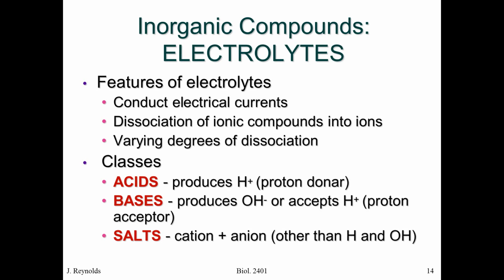Some electrolytes will dissociate very strongly, some very weakly. I'll show you examples coming up. 3 classes: acids, bases, salts. Very quickly, a salt is a combination of a cation and an anion, like Na, sodium, and Cl, chlorine, NaCl. An acid is a proton donor. So when an acid is put into water, it dissociates, and one of the things it dissociates into is hydrogen